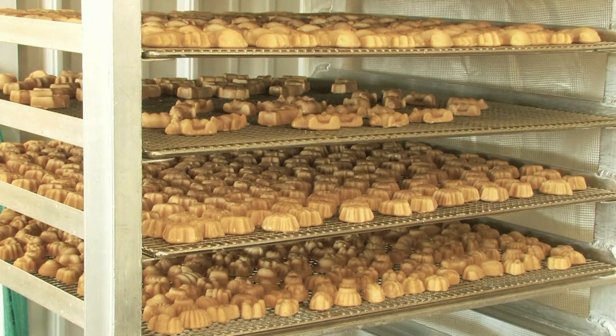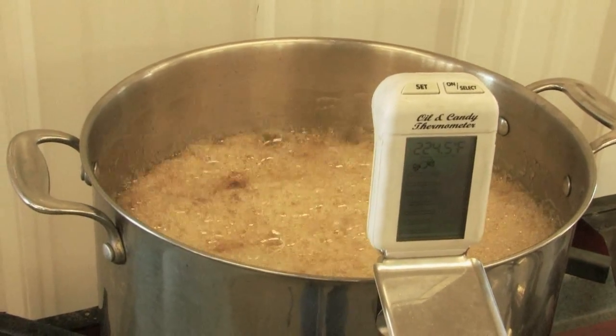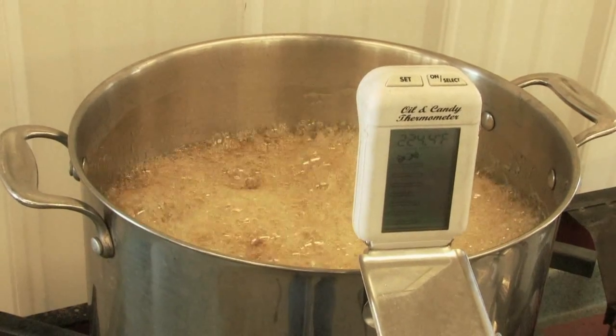Well, let me stop you right there. Let's talk about the candy. Sure. You make candy. We do. Okay, how do you make the candy? We make the soft candy, or we call it molded maple sugar, and it's a process. We take finished syrup and we boil it down further. We're taking it to about 242 degrees, at which point we then take it off the heat and put it